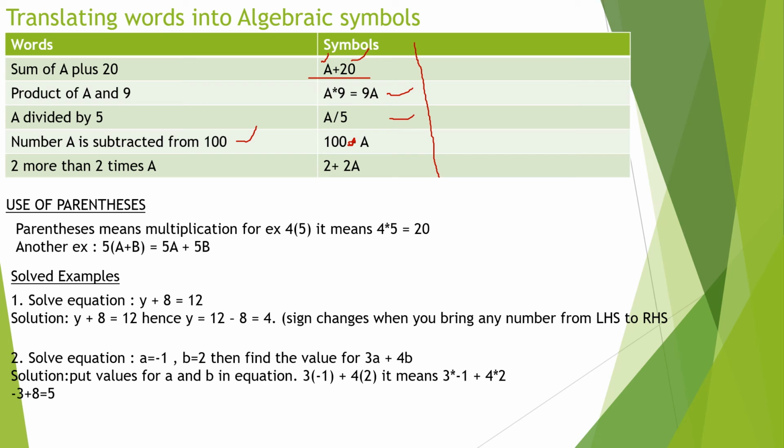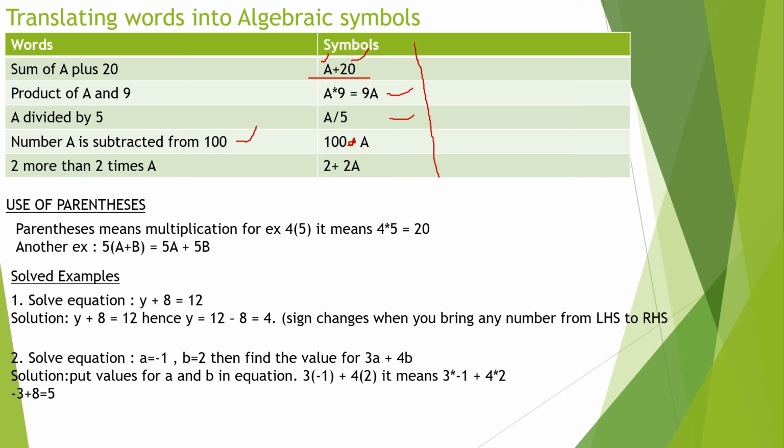Now, what is the use of parentheses? In some of the questions you will see parentheses also. There are three types of parentheses: curly braces, small brackets, and big brackets. This is our small bracket. Let's say we have an example, 4 and under the small bracket we have 5. But we do not have any symbol. We don't have plus, minus, division or multiplication. By default, in place of the parentheses, which sign do we use?